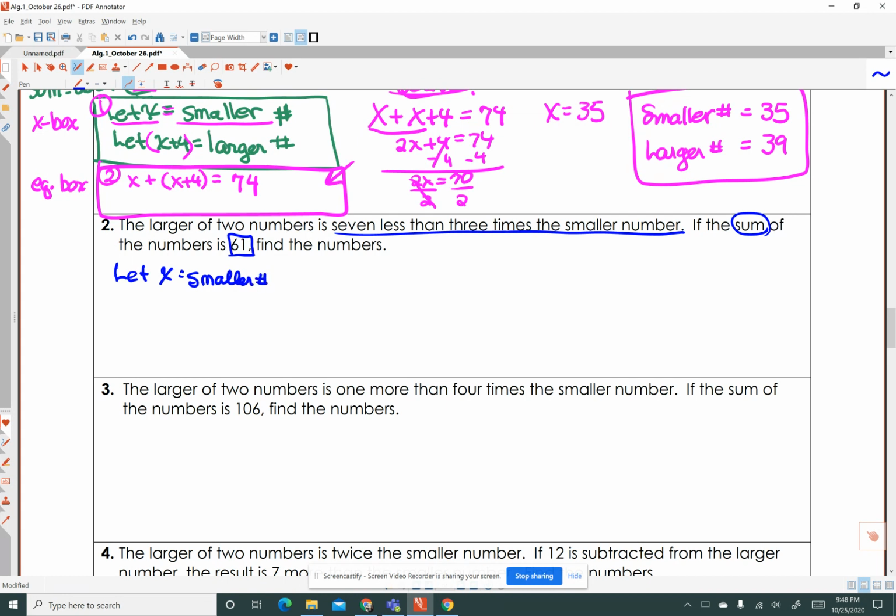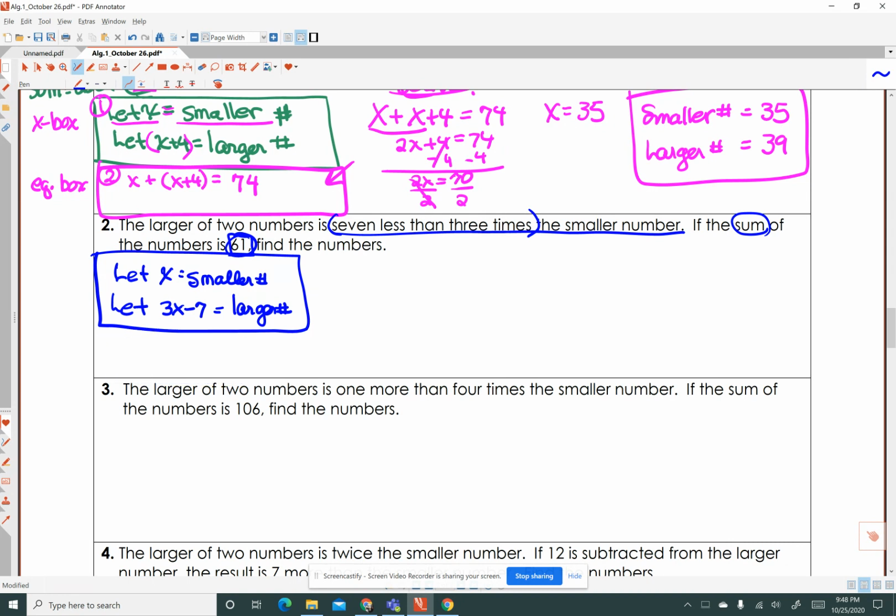And then the larger number will be 7 less than 3 times. So 3 times minus 7. So let 3x minus 7 equal the larger number. And there's our x box. And altogether, these equal 61. So our equation box